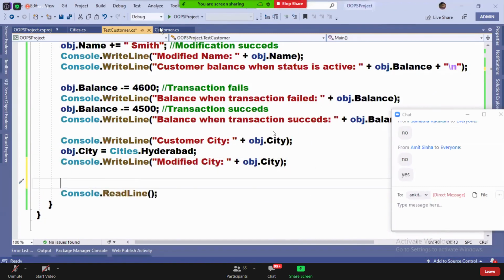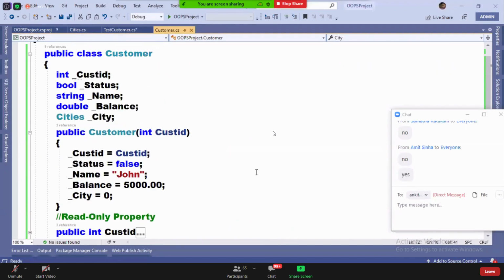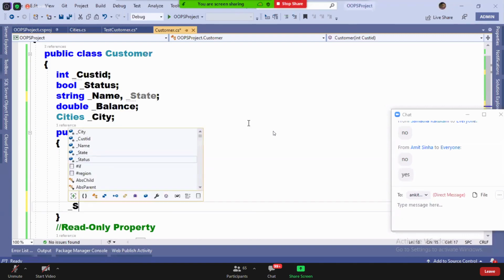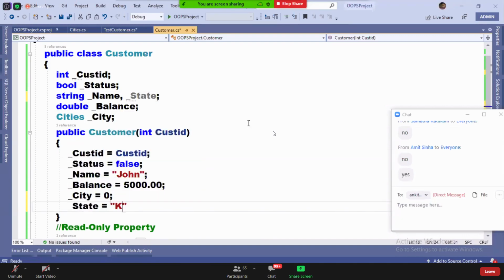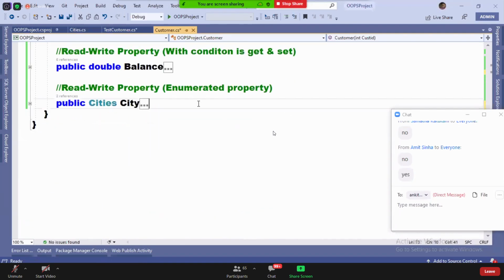Okay, next. Guys, I want to define a property called state. Normal property only, guys. Normal string property. Initialize underscore state is equal to Karnataka. And now I want to define a simple read write property only, guys.